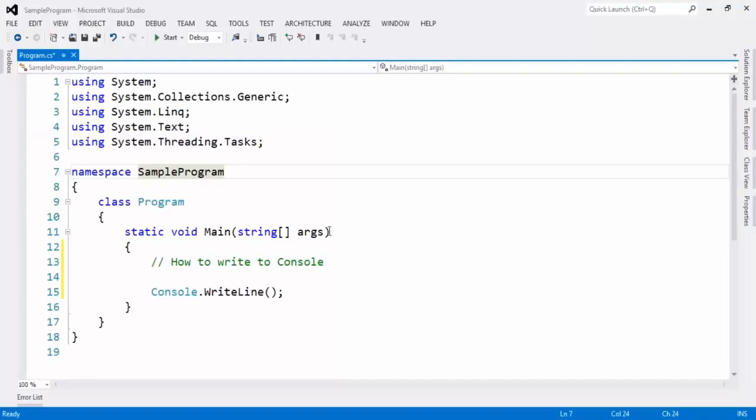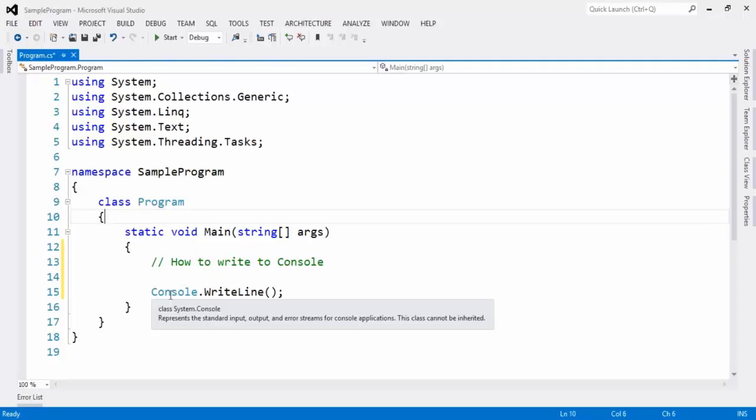Okay, just follow me and see how Visual Studio is, how C# is, and how the console application is. Now we have a class called Console, and WriteLine is a method. The beauty of C# is that if you mouse over it, it gives you information. See, I told you that Console is a class. You can verify it by mouse-overing on it. The first word itself says class.